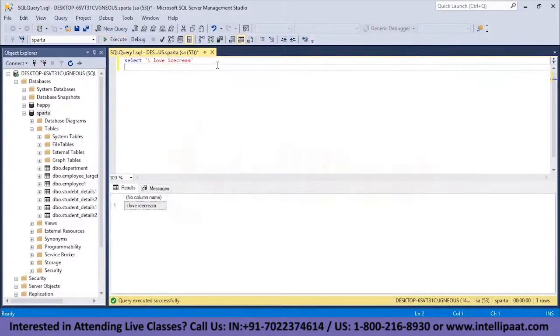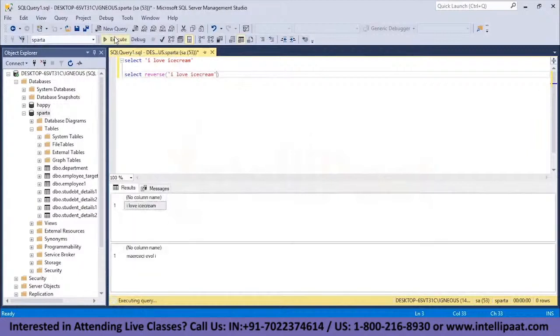Now after this, I will use the reverse function. Select reverse and I will pass in the string inside the reverse function. I'll copy it and paste it inside this function over here. Now let me execute. So this is the initial string, and after using the reverse function, we have reversed all of the characters in the string. You see that this is the starting and this is the ending over here, and after reversing it,